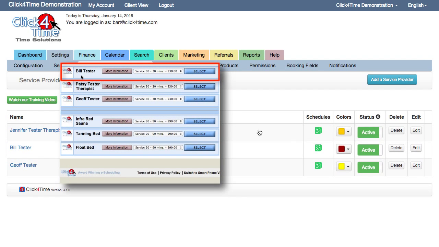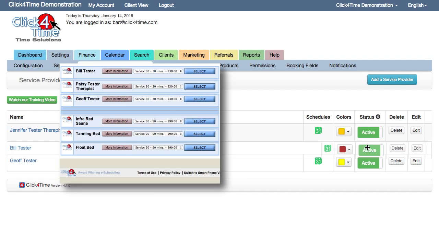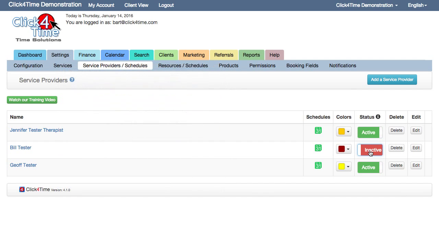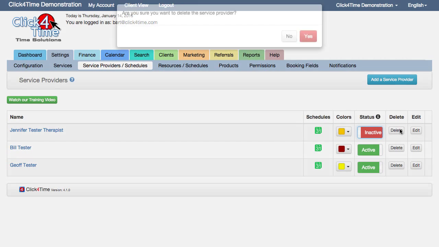Looking at these icons, the status allows you to set a provider as active or inactive. Inactive staff will no longer have access to the company calendar, and their name will no longer appear as a choice in any of the booking drop-downs. If you have a long list of deactivated service providers, you may want to clean up the list by deleting those entries.